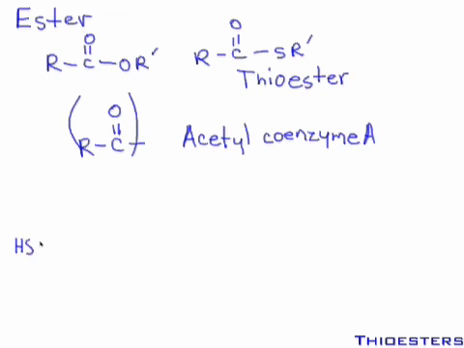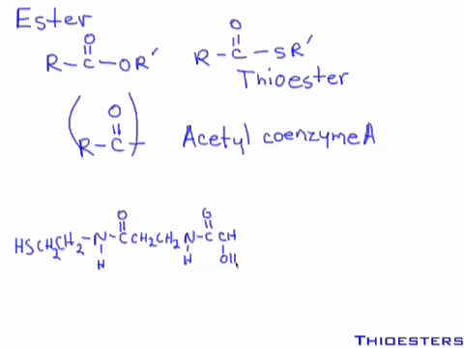We have an HS, CH2, CH2, and then we have an NH, C double bond O, CH2, CH2, NH, C double bond O. Now we have a CHOH, carbon with two methyls off of it, CH2, and some phosphate groups,